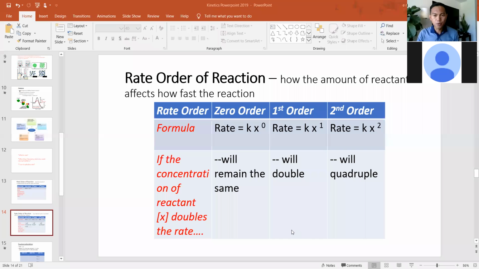All right, so again, there are 3 types of rate order, zero, first, and second, but how do we know which one? And the way we're going to go about it is, there are 2 ways that we can go about it. First, I'm going to